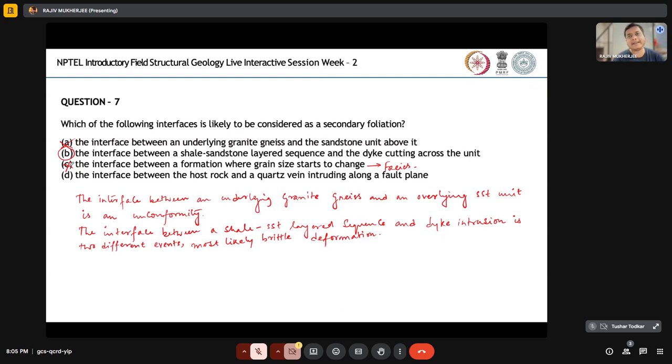But then again, if quartz vein has intruded simultaneously during the process of faulting, the host rock would experience high temperature and it would show signatures of annealing and also some deformation. And since faulting already